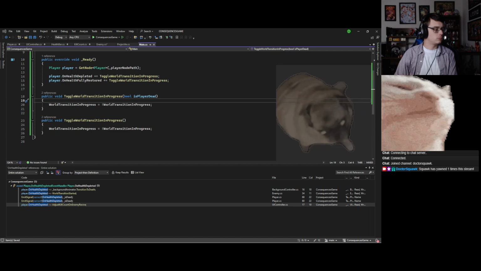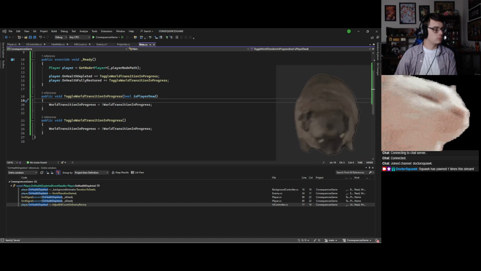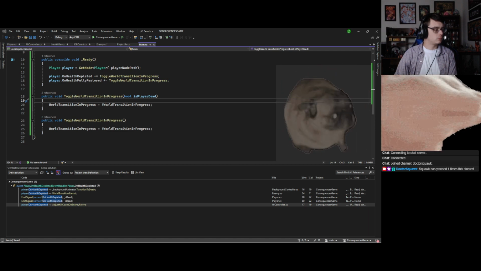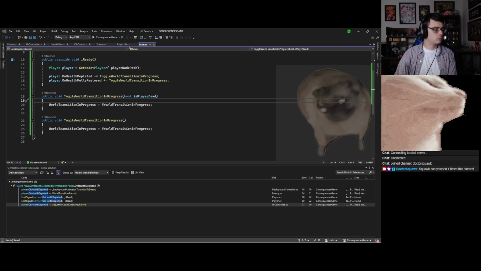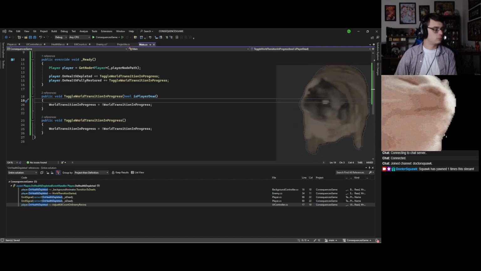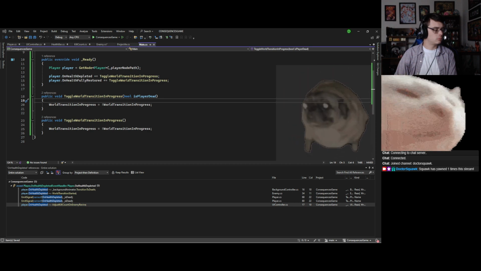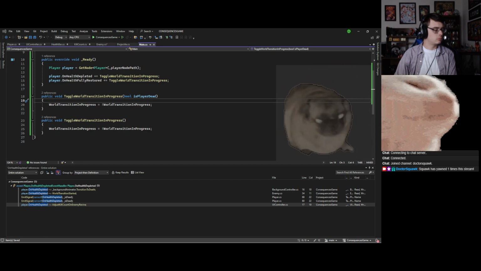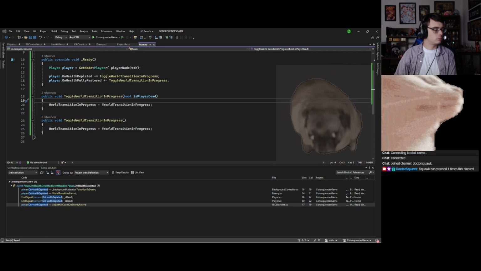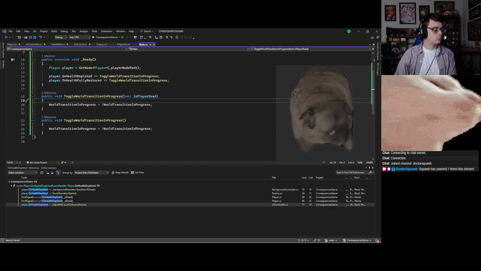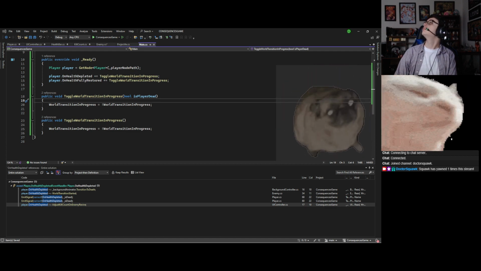Yeah, there's a cool node called the marker 2D, which is basically built like a dummy node. But you probably could just use a node 2D. I don't know, it doesn't matter that much.